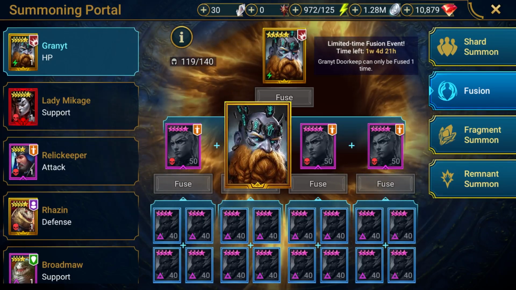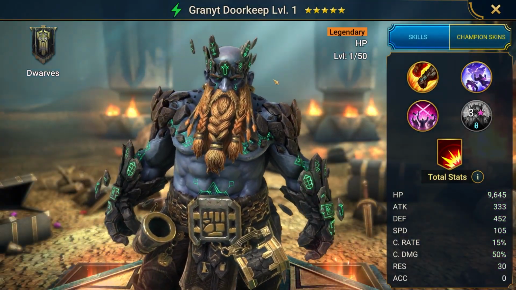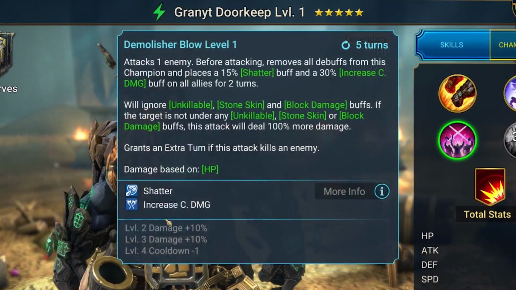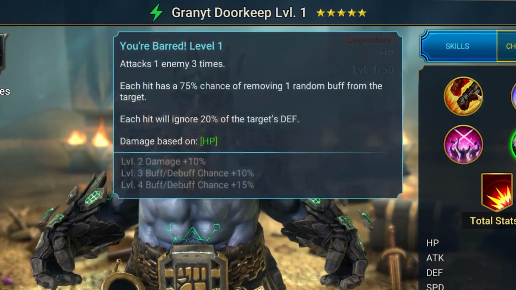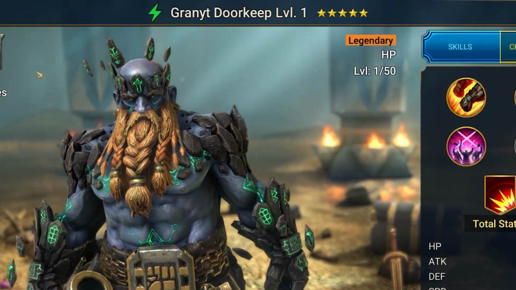Well, there's a new fusion that just came out, Granyt Doorkeep, who's pretty good actually. He has a bunch of things going for him: decreased defense, block buffs. He also has Shatter, which is new, I think, and increased crit damage, and he has some pretty cool abilities on him. And he's part of the Dwarf faction, which is one of my favorite factions in the game, one